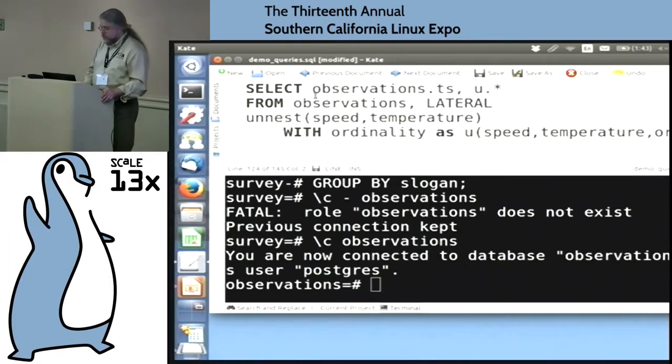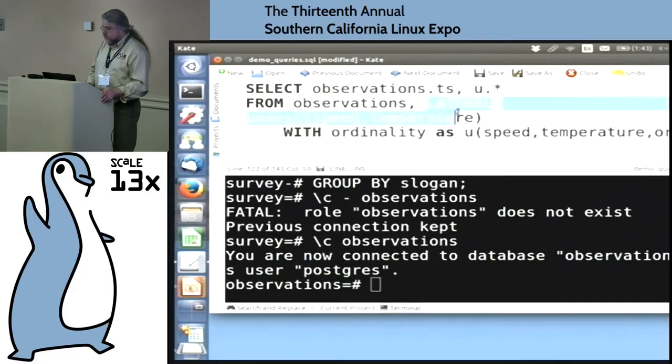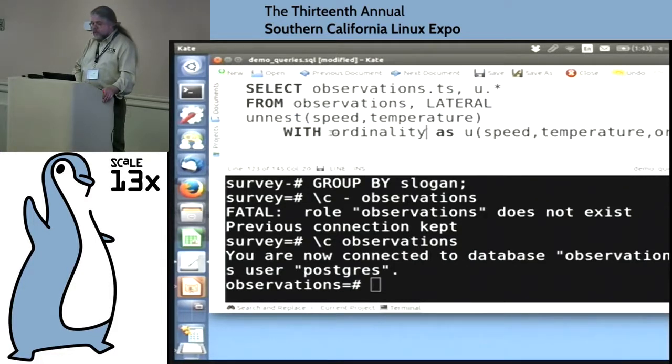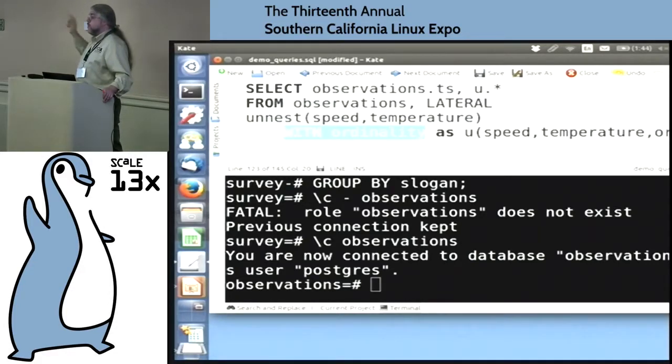Right here we select the observation's timestamp and some synthetic value from observations, and then we're doing this lateral join against an unnest over two fields in the table. And then we're adding this other new clause called with ordinality that gives us an ordering, so we know which number it was, so that when we decide to roll the arrays back up, we can roll them back up in order.